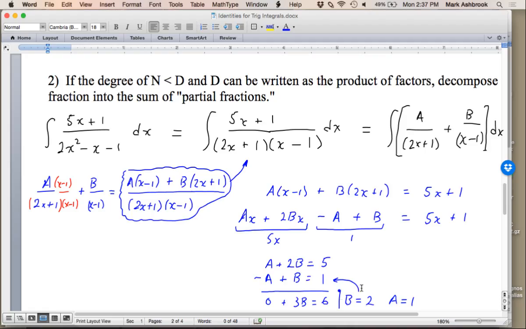So we just figured out what A and B have to be so that this integral is the same as the one we started with. And so A has to be 1, and B has to be 2. And then now we've got the decomposed version of our original fraction, and we've got an easy antiderivative, right? So we can just do,